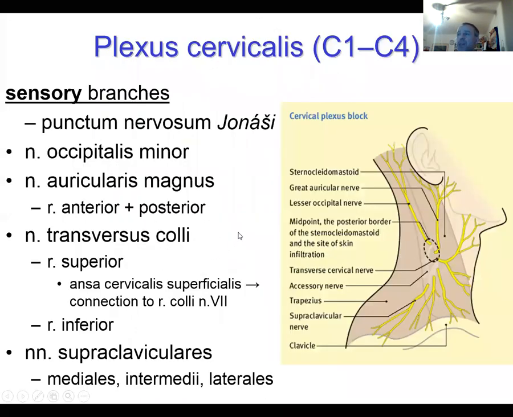So first, the sensory component from the cervical plexus, so the segments C2 to C4. You can see here that the four nerves of interest emerge in omotrapezoid triangle behind the sternocleidomastoid muscle in this small area of 2 centimeters. This area is called a nerve point of Jonas. It is not a point, it is an area, but Jonas was a Czech